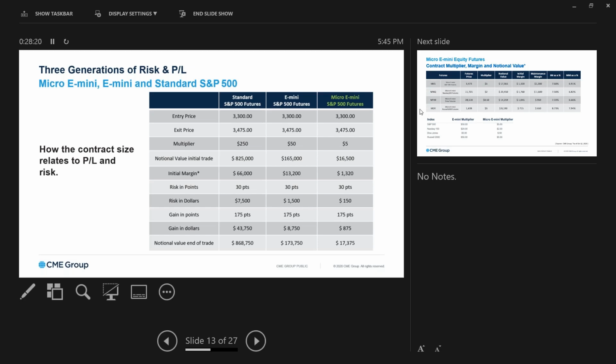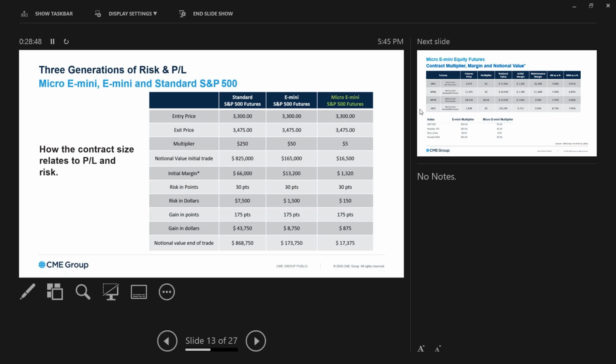And the same for the micro E-minis, because this is like 1/10 size of the E-mini, meaning that the multiplier is only $5. So if you buy one lot of micro E-mini S&P 500 futures at 3,300, the notional value becomes $16,500. So what that means is it actually affects your initial margin, because initial margin is calculated as a percentage